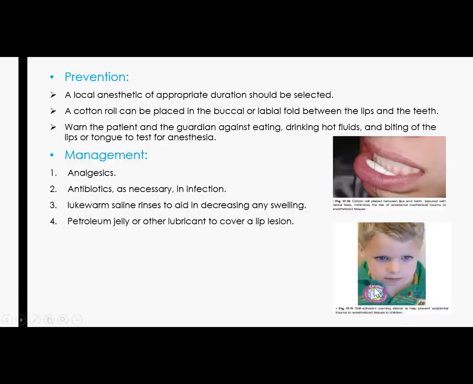Okay, so you can actually put a sticker on the t-shirt or on the forehead so that they do not bite it. And you can also avoid it by putting a cotton roll. Especially if you have a patient who is an adult, who's mentally challenged, so their milestones are not good and they are not able to understand whatever instructions you give them. So then probably you can put a cotton roll like this so that it prevents them from